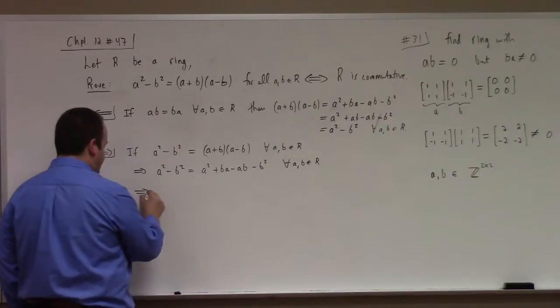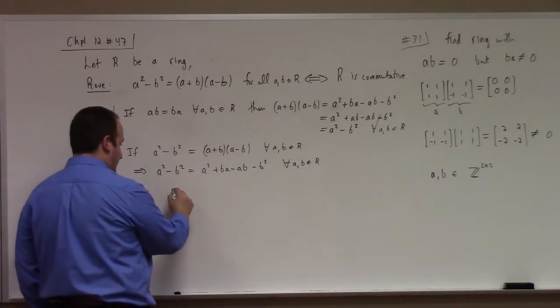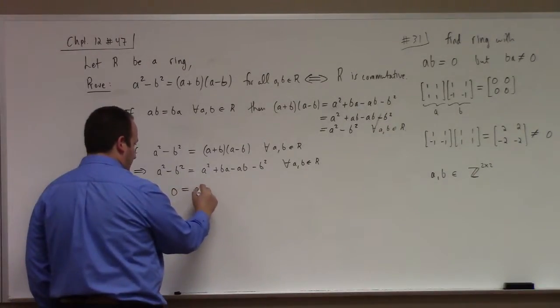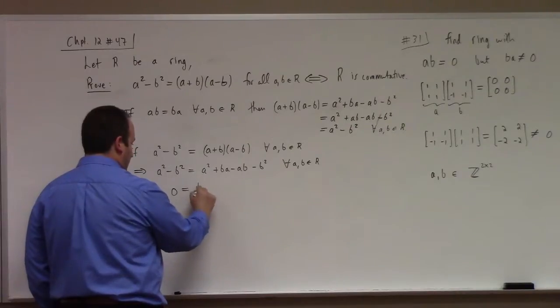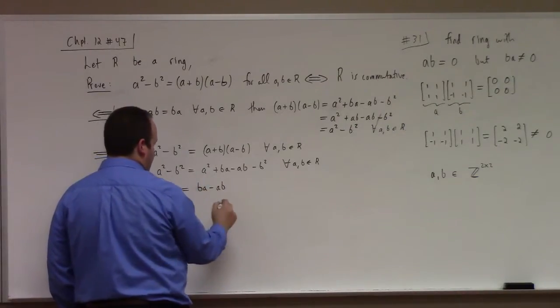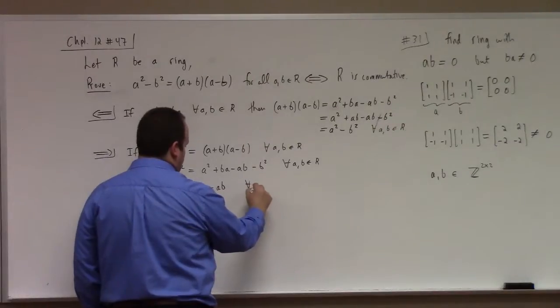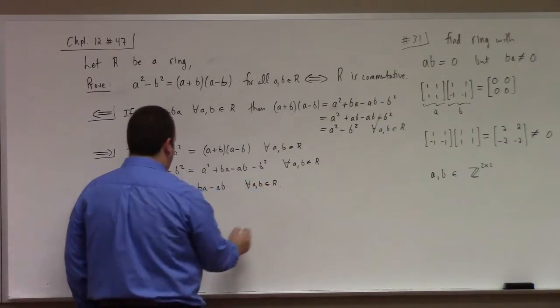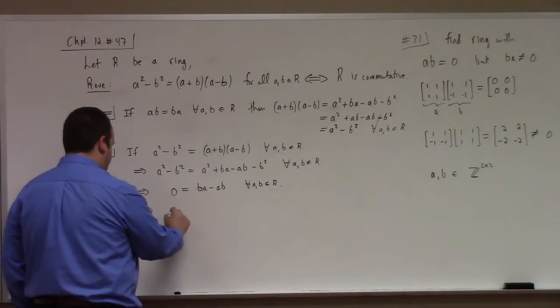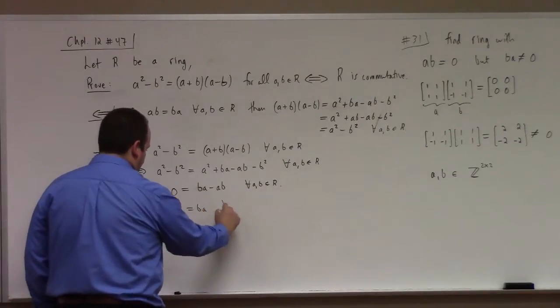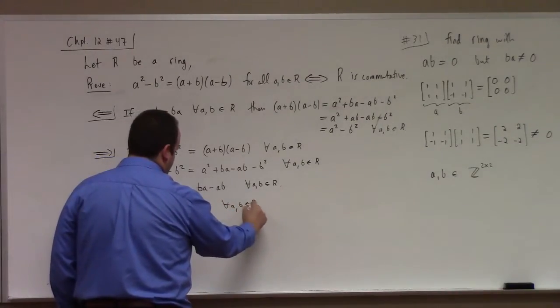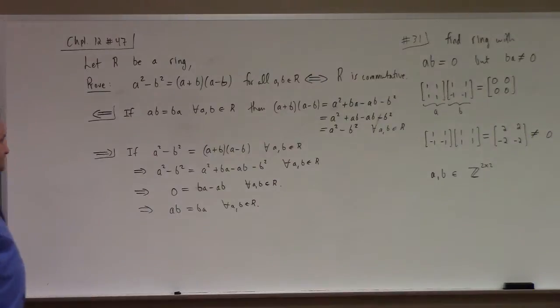Which implies what? 0 is ba minus ab for all a, b in the ring, right? And then of course that tells us that ab is equal to ba for all a, b in the ring. So, that's